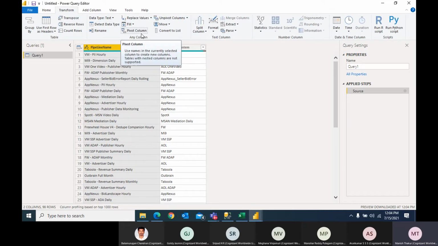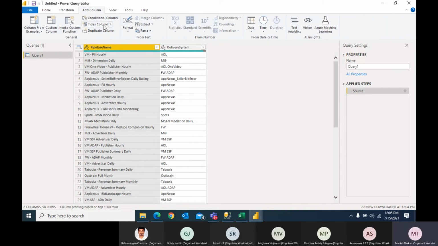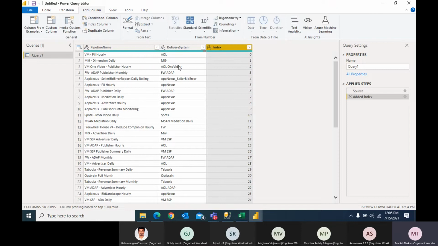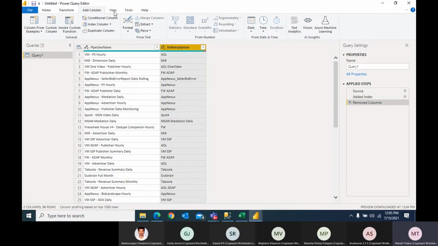Okay, and then if you want to, pivot column is there. So like that, you'll be able to, yeah, here. So you can see index column. If you want to add some index in your column, suppose I want to show with the help of some index, you can do that. You can click on that, and you can make the change. If you want to remove the column, you can remove it also. Similarly, there is something called duplicate. You can duplicate the column.